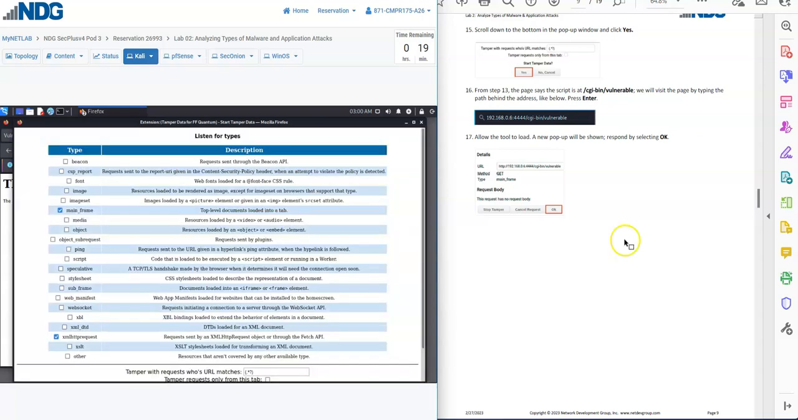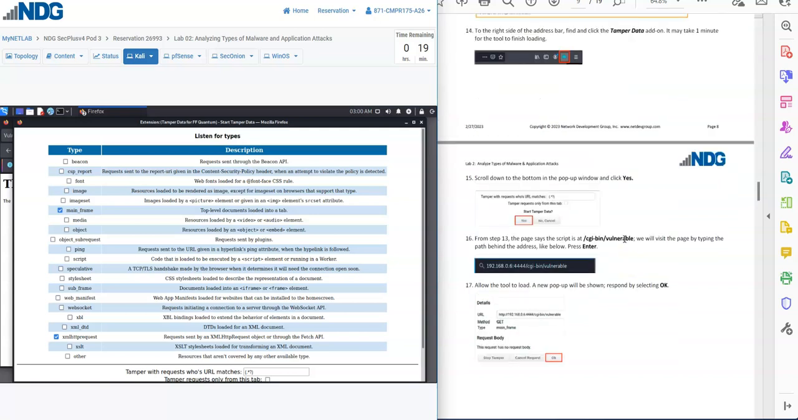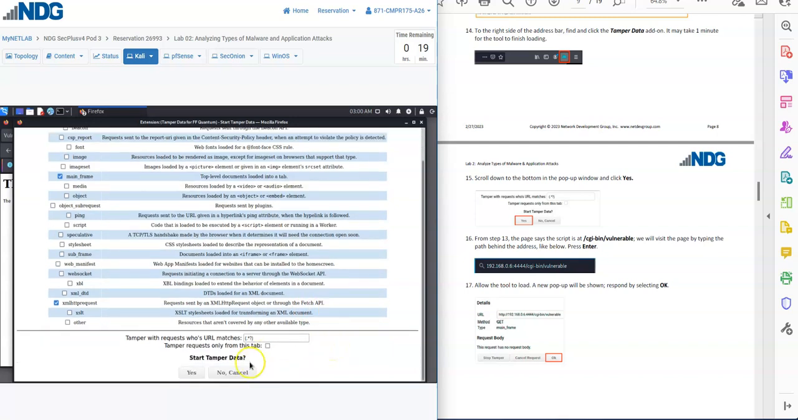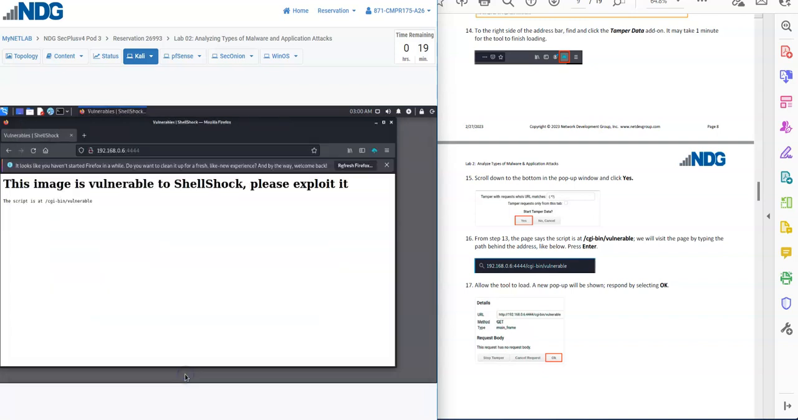Okay, now since this has loaded, it says scroll down to the bottom of the pop-up window and click yes. So you'll see listen for types, and this is what it's listening for: mainframe, top-level documents loaded into the tab, and the request sent by an XML HTTP request object or through the Fetch API. Here we're going to select Start Tamper Data,